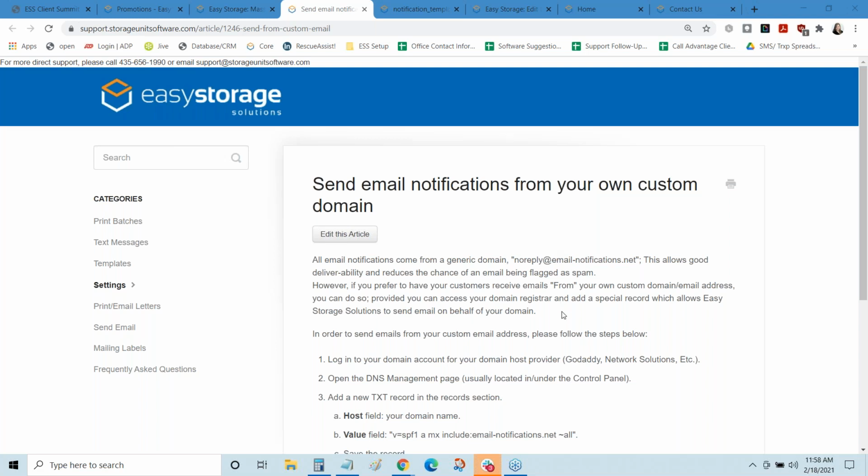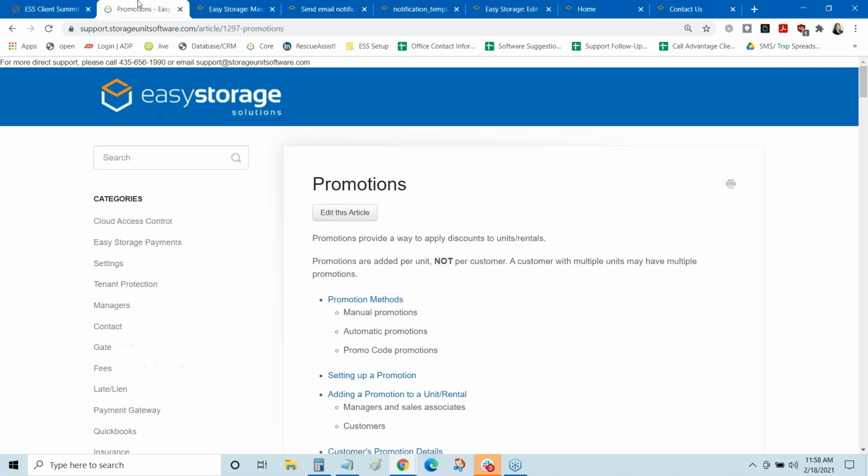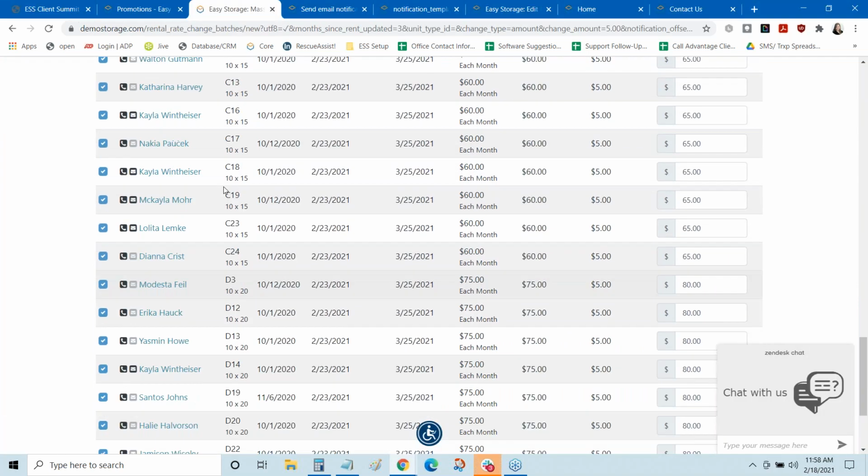Can you add a line to the tenant for them to initial a certain spot of the storage agreement? At this time, no. We don't have a specific way for the customer to DocuSign their initials. There is a workaround that we have used over here in the support department. So on the storage agreement, if we go back,